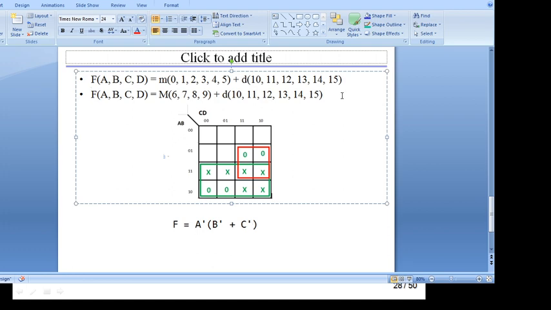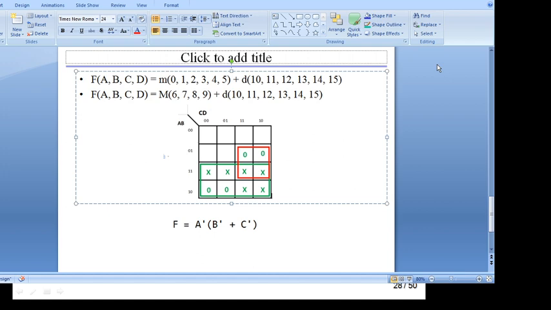Either you solve through SOP or through POS, you will get the same result. And how will you get the same result? Just apply the distribution theorem. Okay, suppose you are given this in SOP form, and this result is in POS form, and you have to determine it in SOP form, apply the distribution theorem. F equals A dash B dash plus A dash C dash. This will be your final answer. Okay, just try this in SOP, you will get the same result, A dash B dash plus A dash C dash.